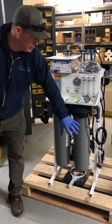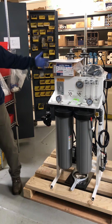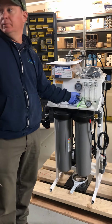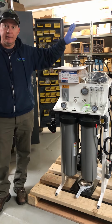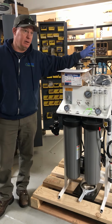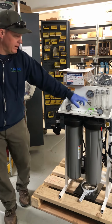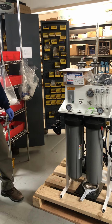After you've changed the filters, there's going to be a lot of air introduced into the system that could be harmful to the membranes. So what you're going to want to do is turn off your concentrate all the way. That way you're going to send most of the water to the drain. The overwhelming majority of the water is going to go to the drain, and you're not going to overflux the membranes. If these have a lot of air pushed through them, you could ruin the membranes. So the concentrate valve needs to be opened up all the way when you're changing out your filters and firing the thing back